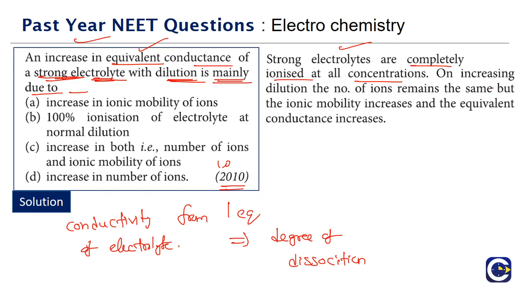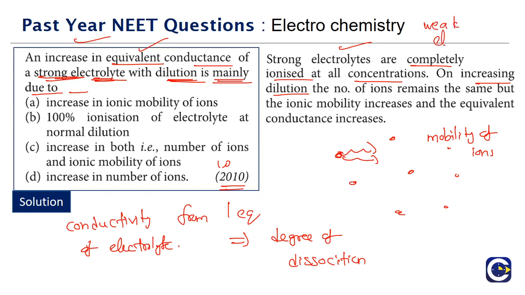But what happens on increasing dilution is, you will see the particles will be quite distant. The effect of one particle on the other will not be there that much. That is going to increase the mobility of these ions. See, equivalent conductance means what? The conductance coming from one equivalent of the electrolyte particles. And irrespective of the concentration, generally all the one equivalent particles will dissociate, almost all of them. So it is not a question of, generally, weak electrolytes.